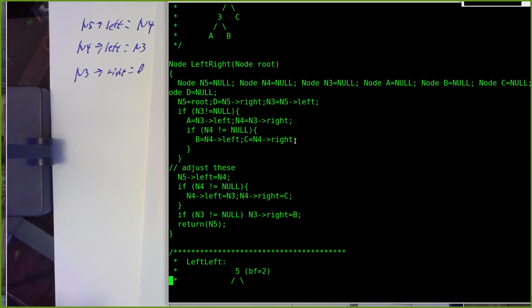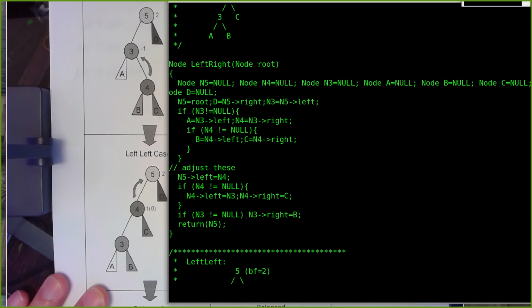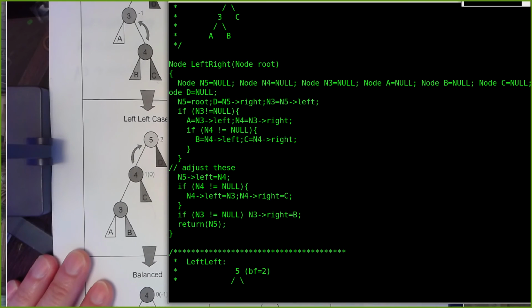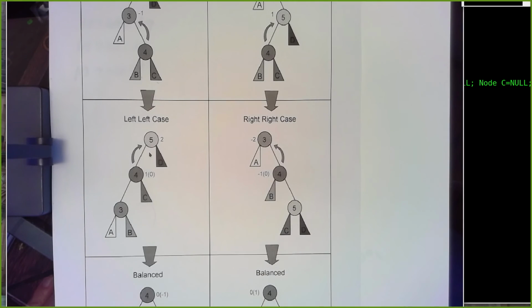All right, so this is pretty typical for data structure code. It's taking an algorithm and converting it into a series of steps, and that's a pretty straightforward process. And so to do the left case,